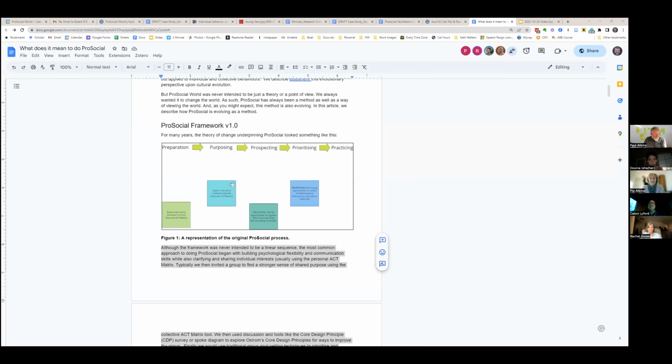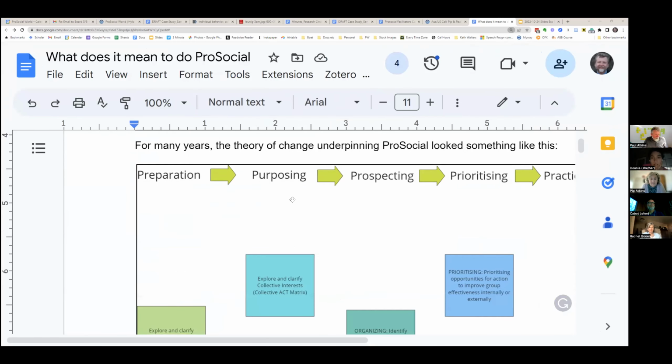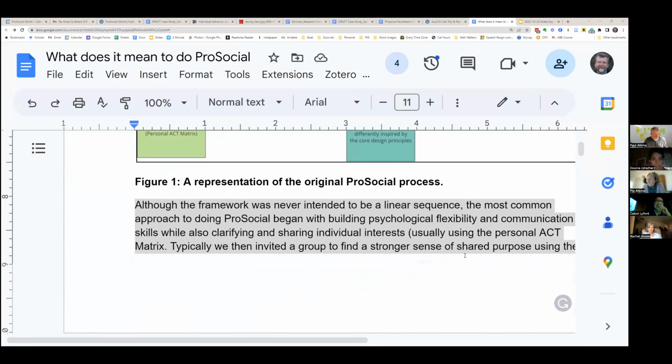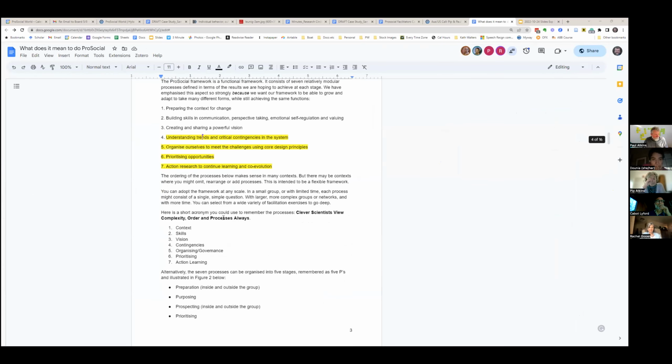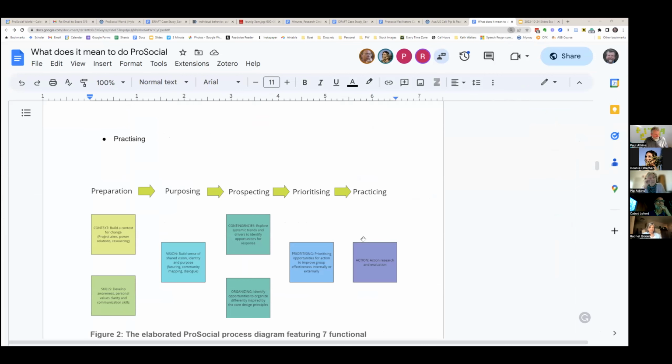So figure one is, you know, kind of the old process. There was some sort of process of exploring and clarifying individual interests, exploring and clarifying collective interests using the collective matrix, using the CDPs to work out how we're going to work together, and then setting goals for action. Now, if you create an expanded view of that, and I'll just jump straight to it, you can think of it as,